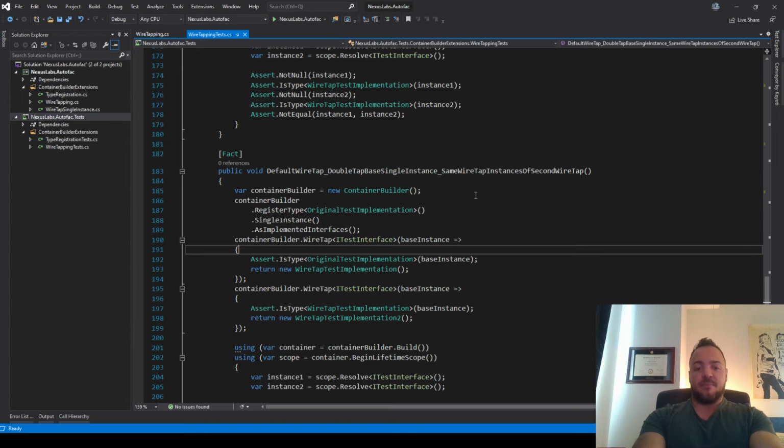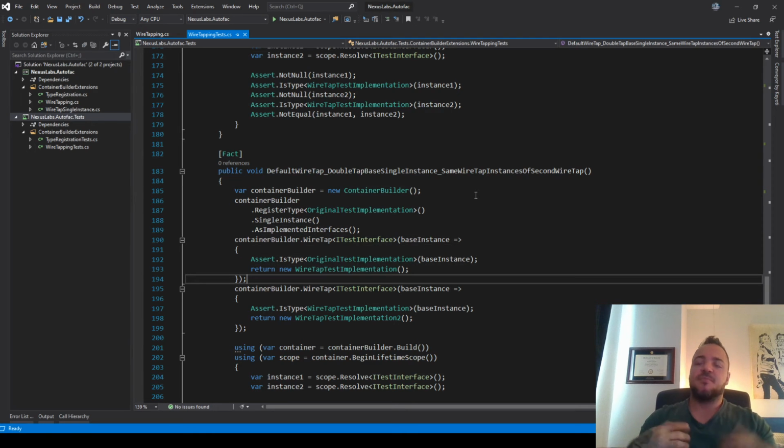So again, by writing these tests out, I get to play with the API and go, you know what, this doesn't feel good, or this part feels great and I can make these other pieces feel like that. It really lets you use the code that you're writing. So you get to think about both sides of it, not just, does it work, but also, does this feel good to use?